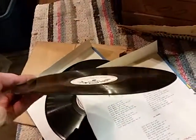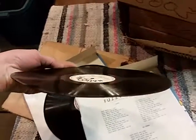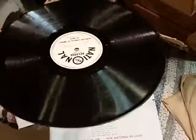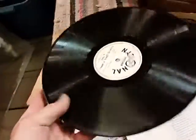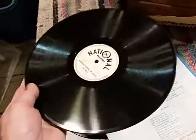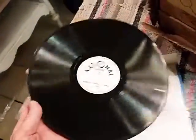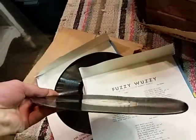You can see this one also has a very slight bow to it, which may kind of alarm some people at first on visual inspection, but it's really not a big deal. I've played these and they play perfect. They're great. The reason that happens is just because these are the old-time shellac records, and